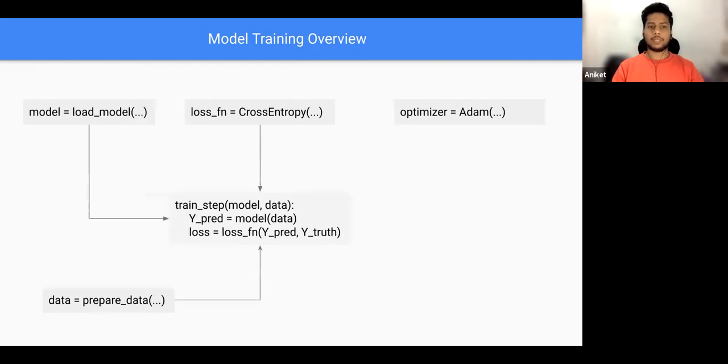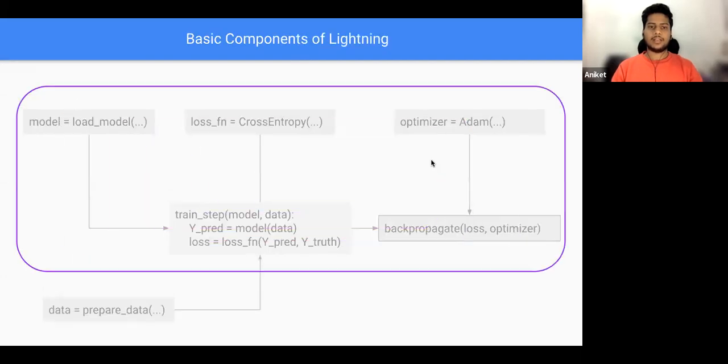Then you basically combine all these steps to train your model with backpropagation of the loss. After this, with PyTorch Lightning, you can encapsulate all these steps into a single module called pl.LightningModule. The forward function in the PL module defines the model forward function.